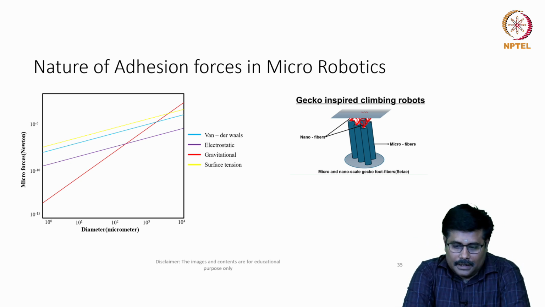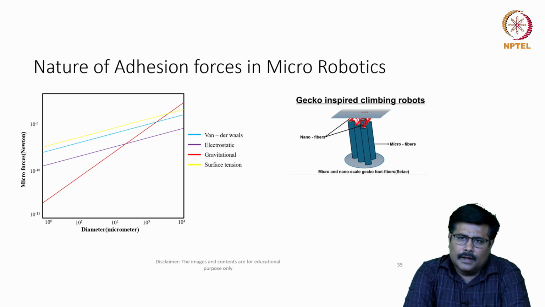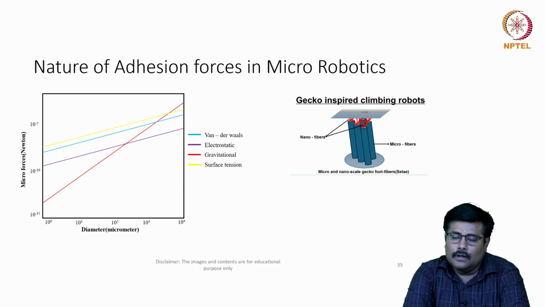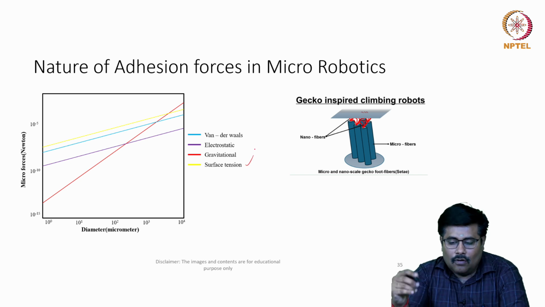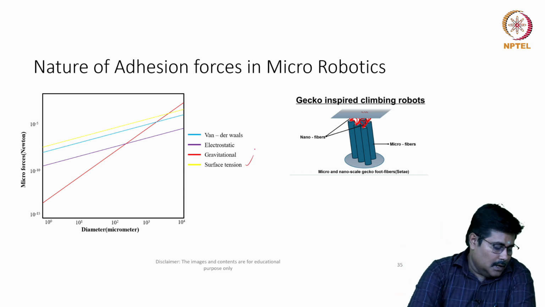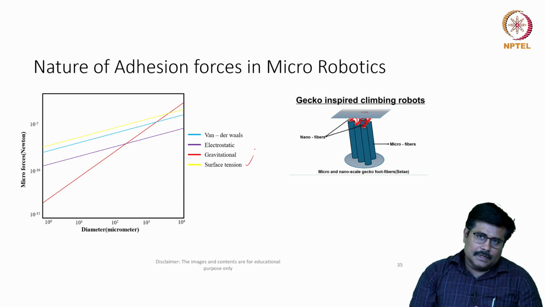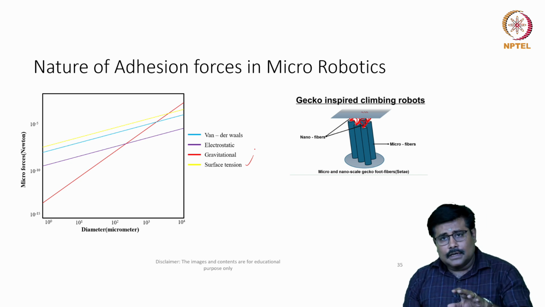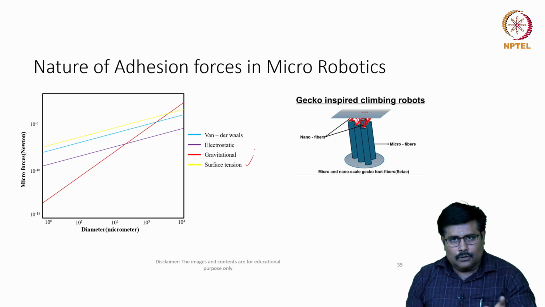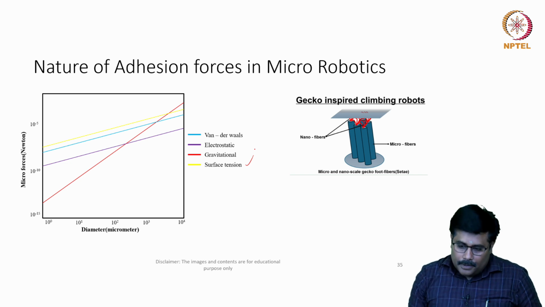Now, as far as the nature of adhesion for these micro robots is concerned, there are 4 different forces which are exhibited here. One is van der Waals forces. Next is electrostatic forces. Third is gravitational forces. Fourth is the surface tension. As far as electrostatic, we had discussed a lot. Gravitational forces, we are more aware of, and in certain cases they need to be overcome either through electromagnetic or through electrostatic means. With reference to van der Waals forces,